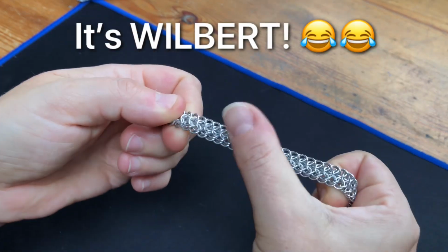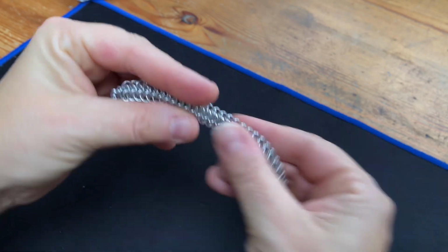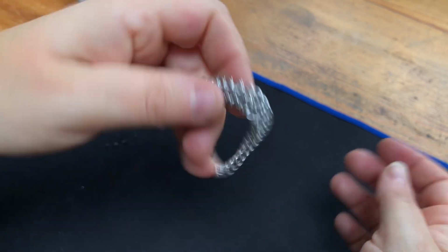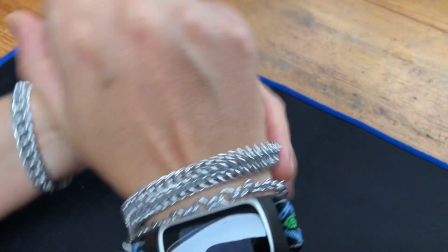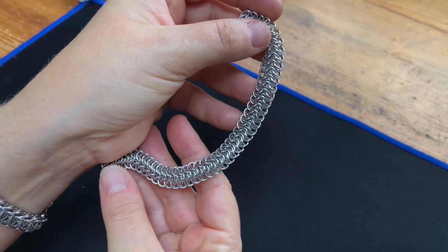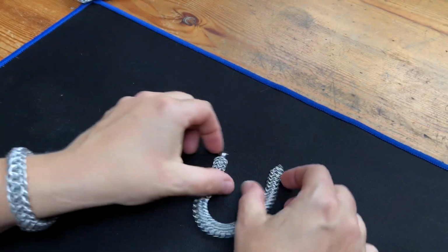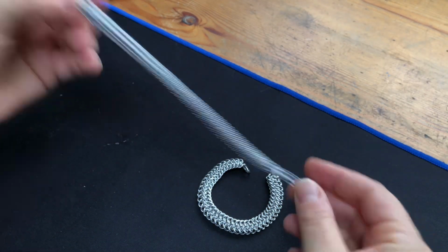So it's flat on one side and then it's rounded on the other. And that way is as flexible as all heck, and that way isn't. So bracelet wise, that way round. But you can use it that way around if you're going to do a longer piece, like a necklace. So yeah, this is Winston. It's absolutely beautiful. I never thought I'd find a replacement for my Persian dragon scale actually, but this is my